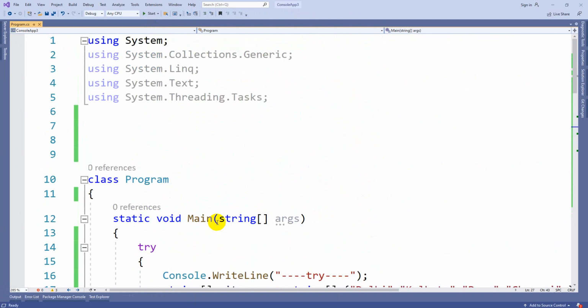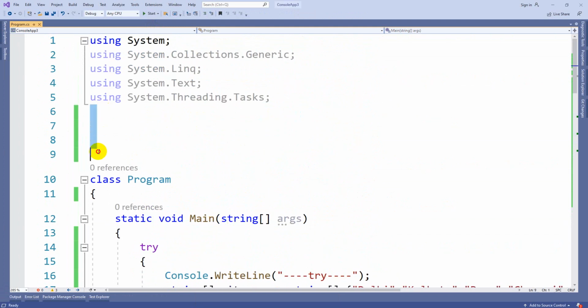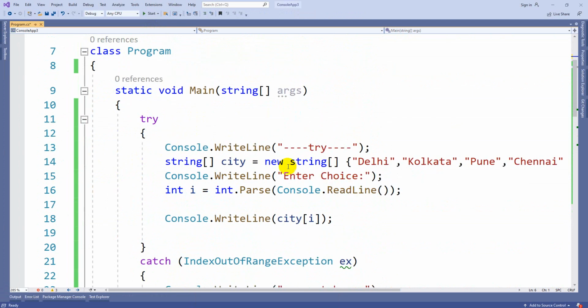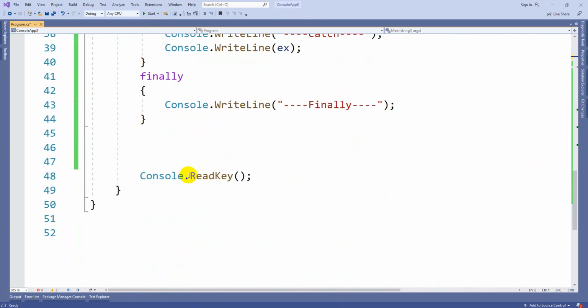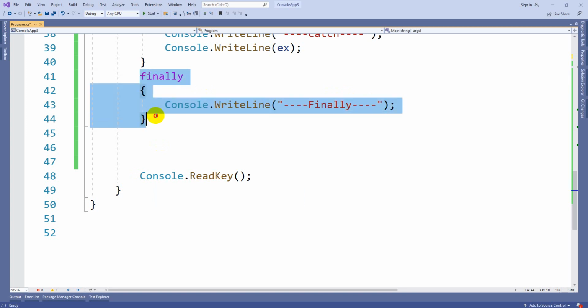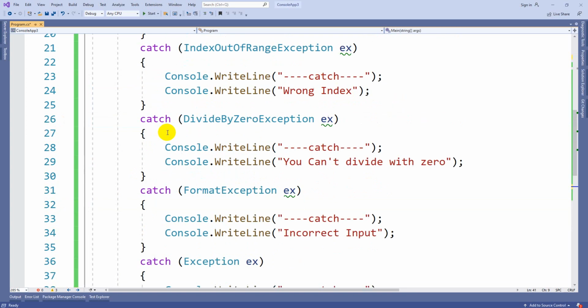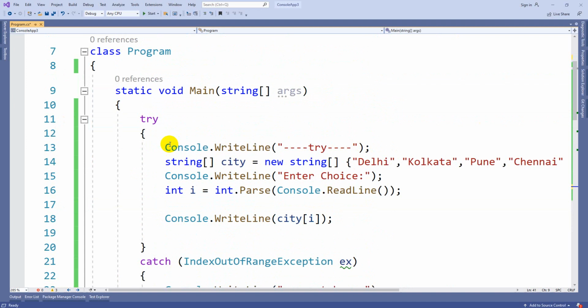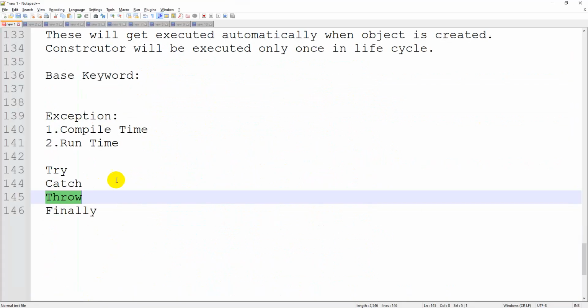Okay, so this is all fine. I hope you have clarity and can understand how to use try, catch and finally. So finally, guys, the code which you want to execute every time, even though there is no error, you can use the finally block. Otherwise, if it is not required, you can delete it also, there is no issue at all. I said for try you require either catch or finally, any one is fine. Okay, so this is how you can handle errors by using exception handling.